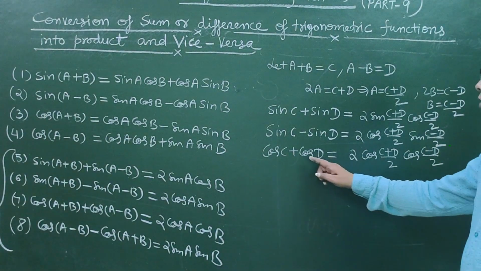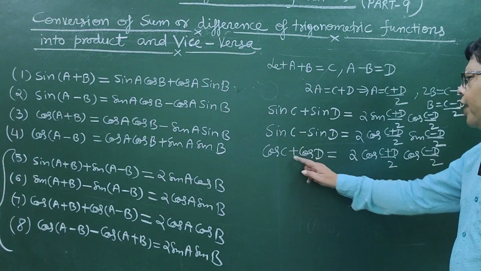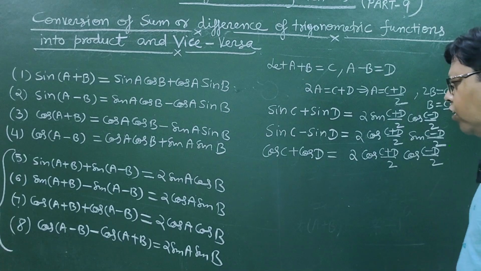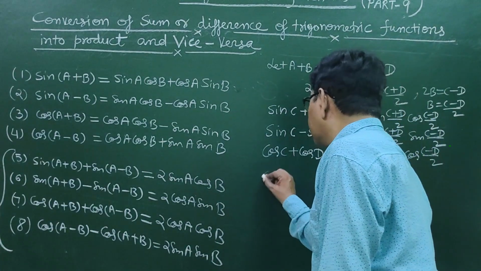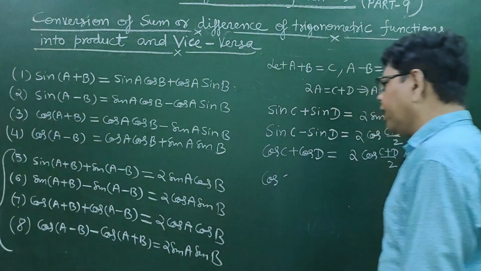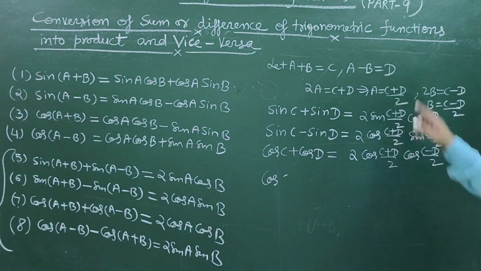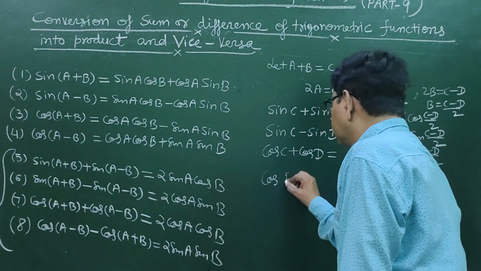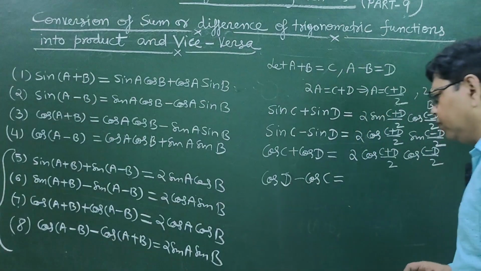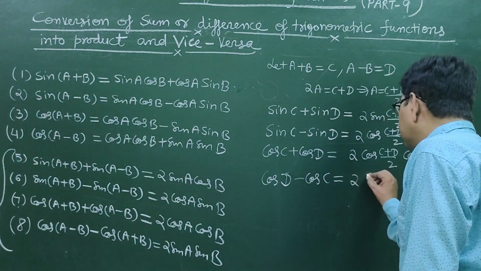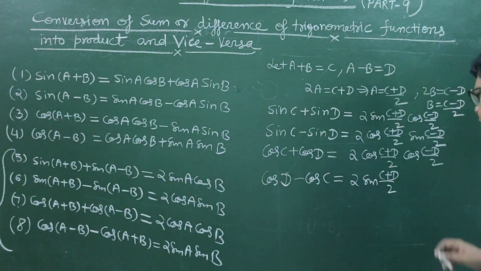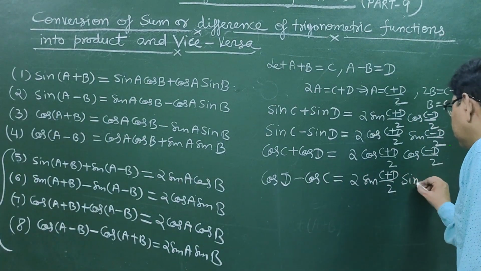So here we have converted the sum of cosines into the product of the cosine. And now the last one is cos c minus cos d. Cos a minus b, a minus b is d. So cos d minus cos c is equal to 2 sin (c plus d) upon 2 sin (c minus d)